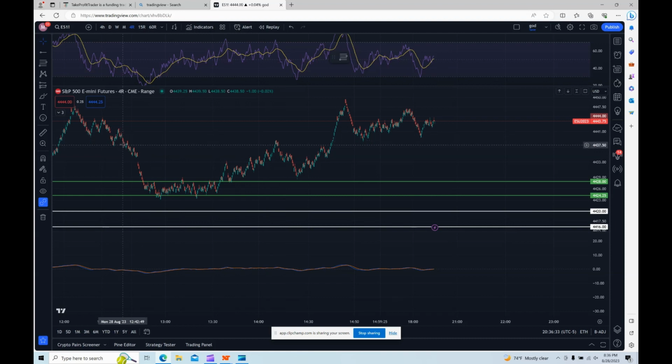You could argue that there were some leftover sellers here, something along those lines. So in my opinion, you kind of have to have some sort of, not really a market bias, but be willing to